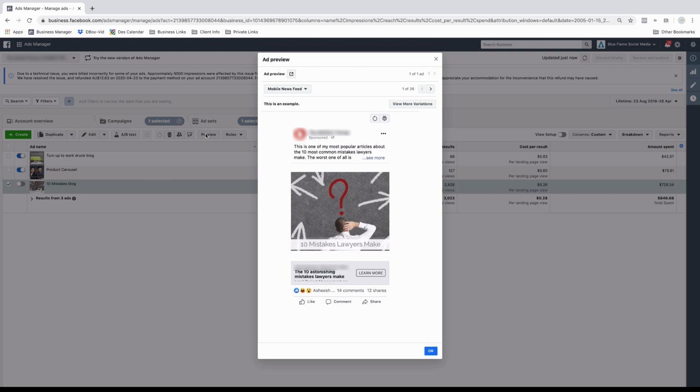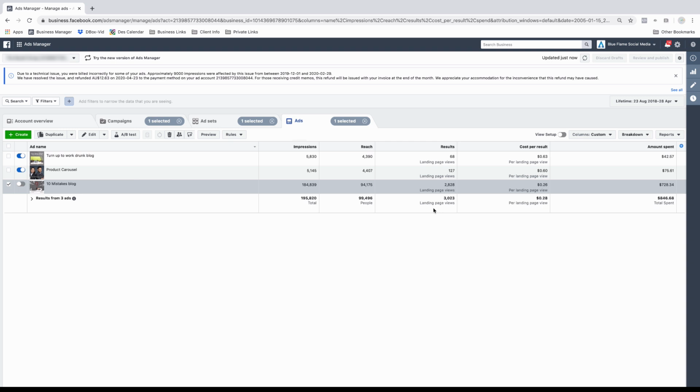The text is good. I can see that we have a massive number of landing page views. I'm really happy with what I'm seeing with this ad. One of the things I want to point out here is that when I do an audit, I don't like to